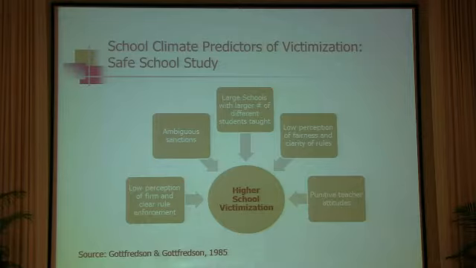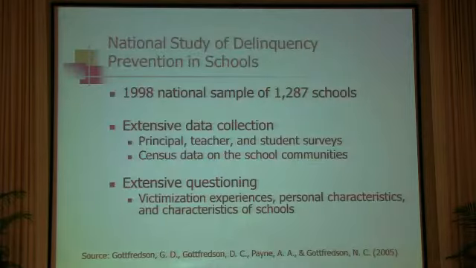So that was in the 1970s, and then about 20 years later, the Department of Education and the National Institute of Justice funded another large national study that similarly involved surveys of principals, teachers, and students, and we also merged on information about the communities that the schools were located in. And that study